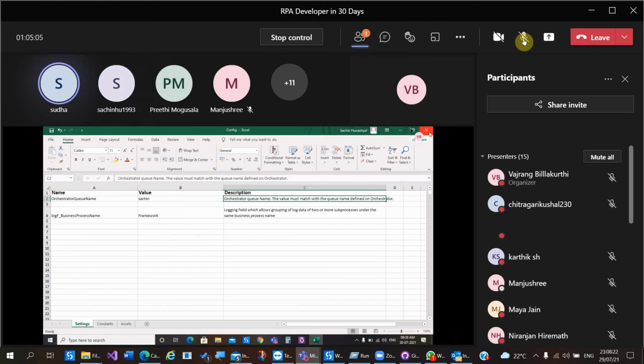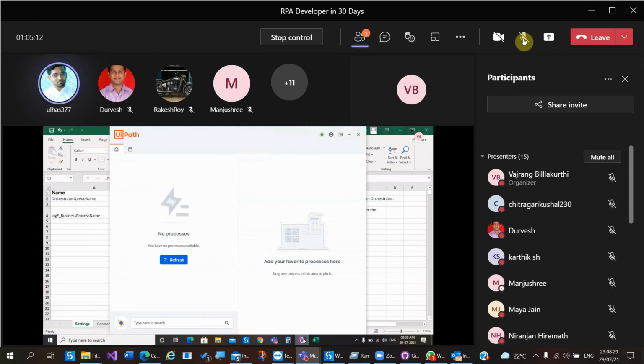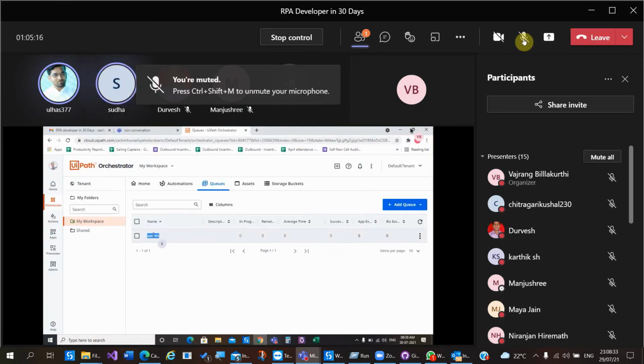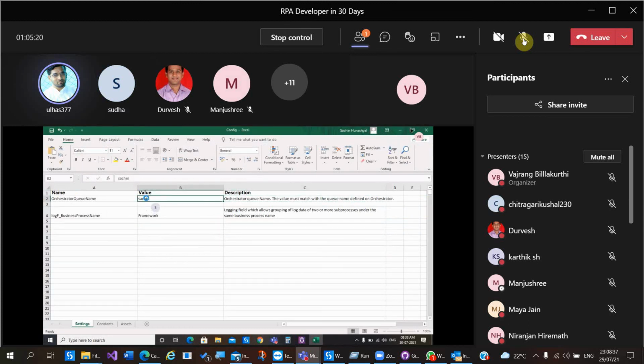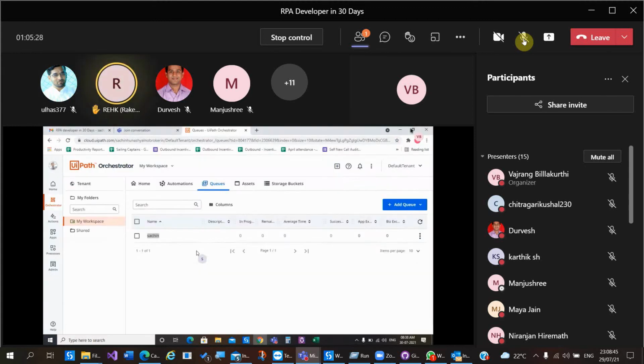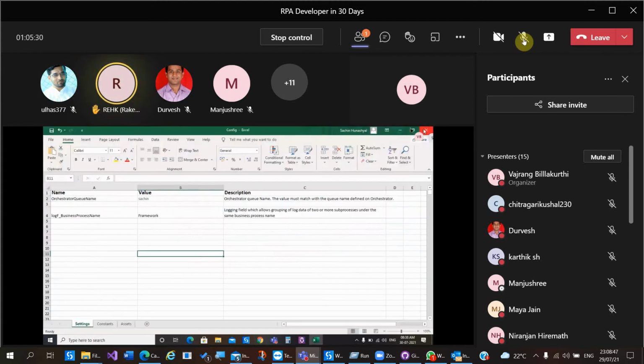Copy the queue name from Orchestrator, copy it and go and paste. Now save and close. Saved. Close.